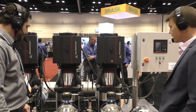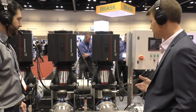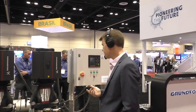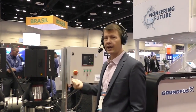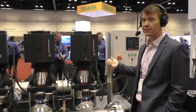Sure. Yeah. No, this is the Hydro MPC, as you said. Most people know it for the domestic boosting application, but as you see up on the wall there, Grundfos is all about pioneering the future. You walk around the booths in this building, you're not going to see any pumping systems like this. This is a really great application or a product for the HVAC application, and the main reason for that is